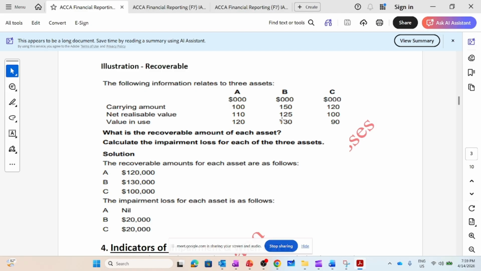So for asset A, the carrying value is 110 and the recoverable value is 120. So for option A, there is no impairment because the carrying value is less than the recoverable value. For option B,